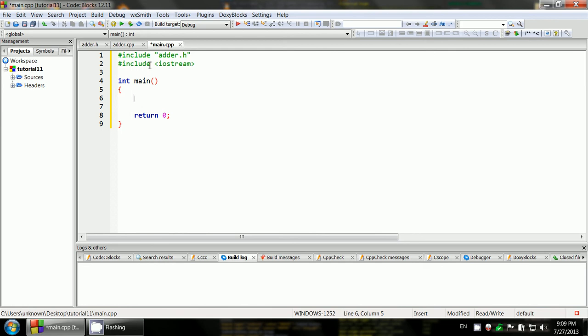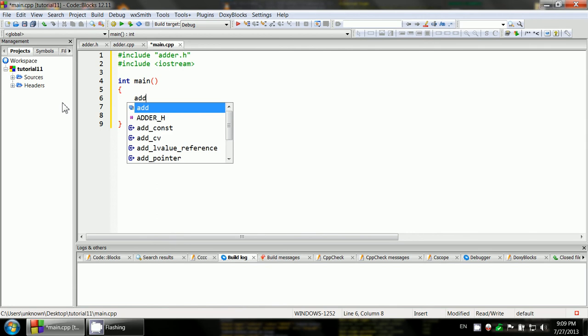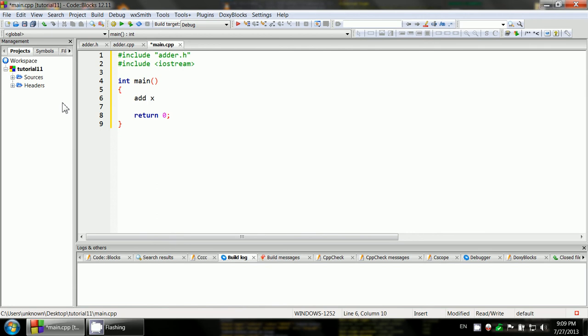And now I will create an object from that class that I created in here, which is the add class. So to do that, I call the name of the class and give it a name, let's say x. Then we use the dot sign or the period sign to access the data member or function. I mean the methods, I mean the public methods. So I'm just going to set the value of a to 2, and x dot set the value of b to 5, and print out